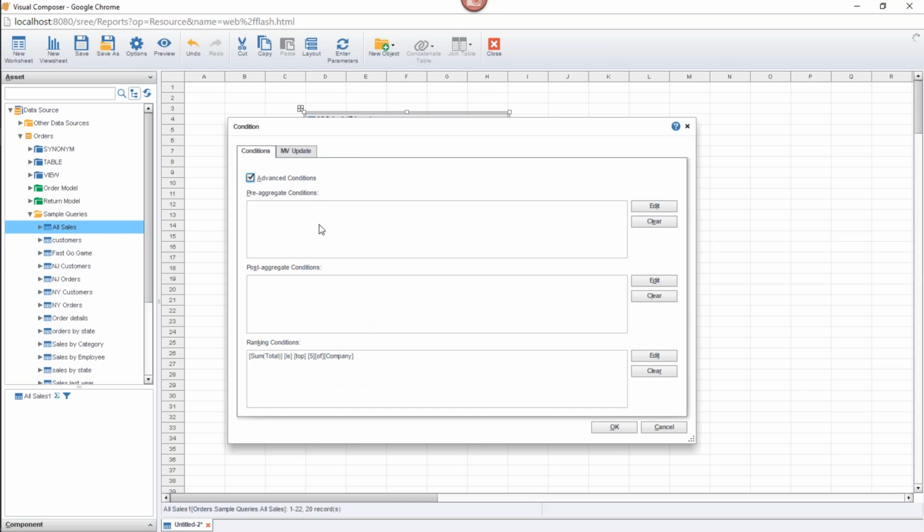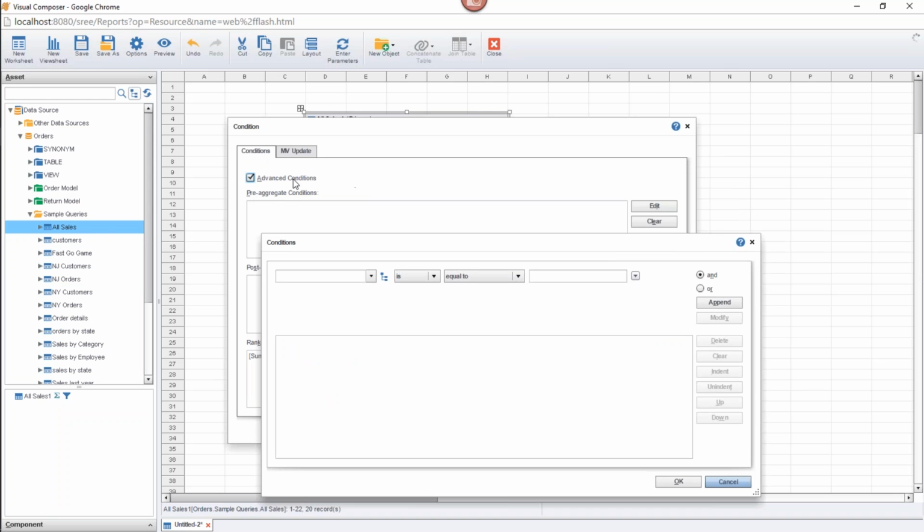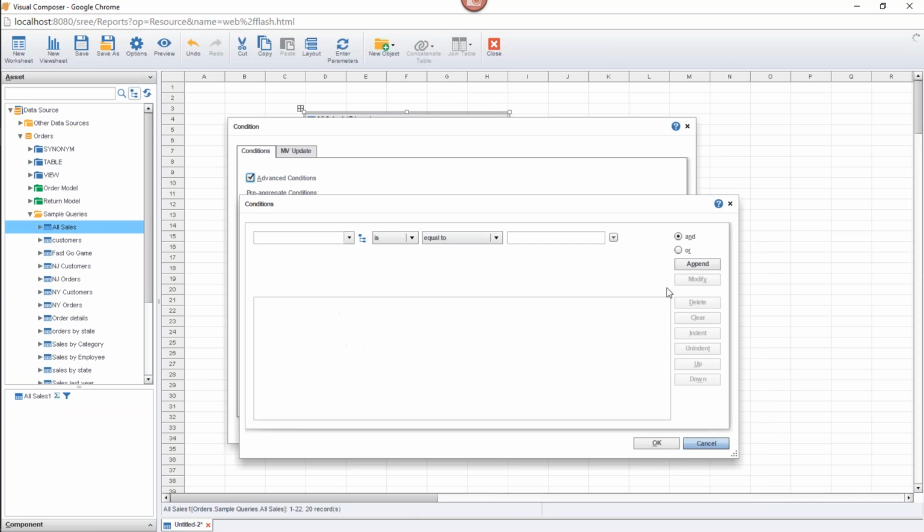The same is true if you set up a pre-aggregate condition using an OR operator. So if you're under advanced conditions and you create a pre-aggregate condition with multiple clauses, and you connect those clauses by using an OR operator, just something like this: employee is Annie, or company is